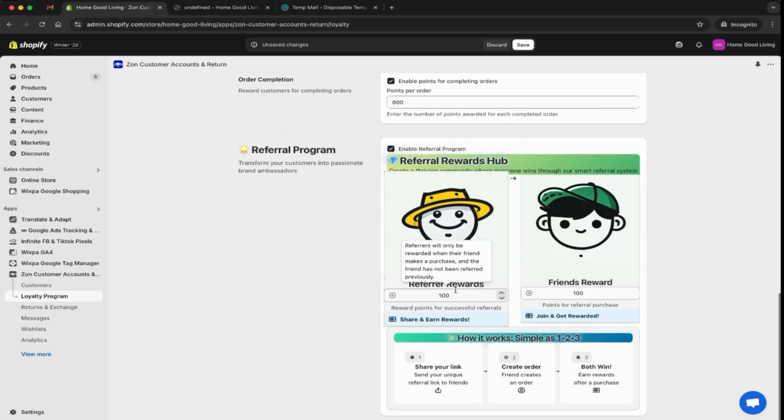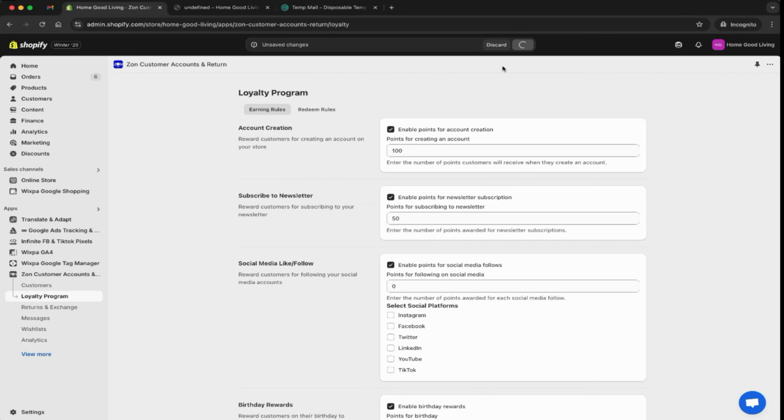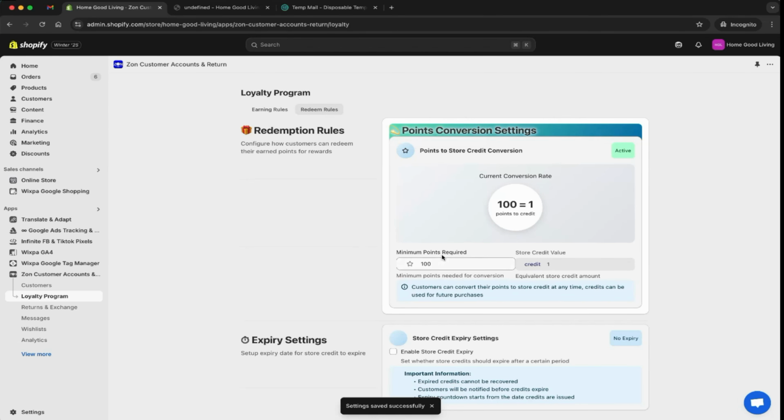Zone app also provides a referral program enabling you to assign reward points for each referral that aligns with your preference, and you can configure it as per your choices. Now you have to click on save. And now let's move to the redeem rules to configure the redemption rules, and you can configure them as per